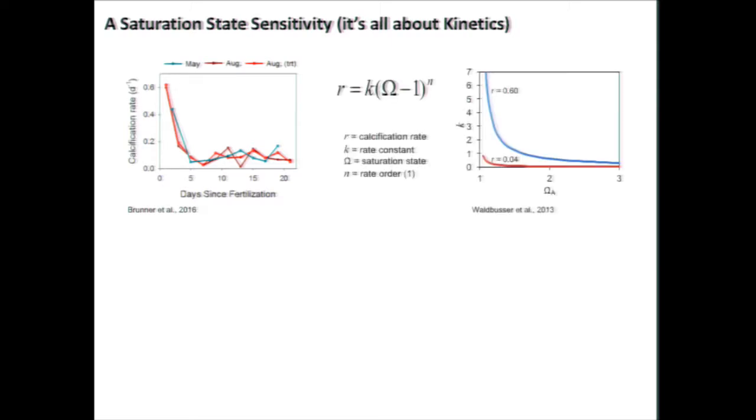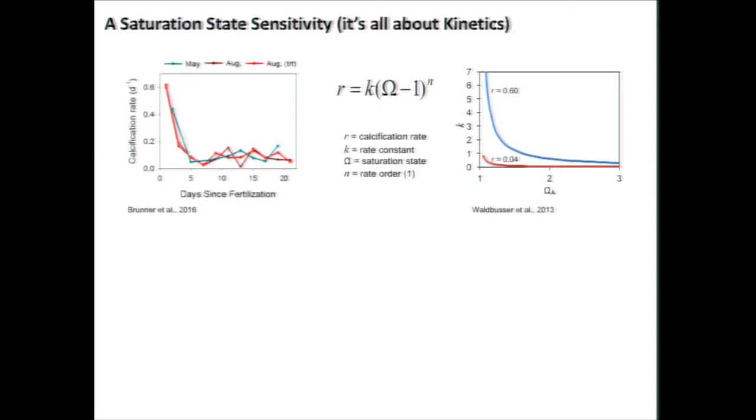What we can do is take that rate equation for calcification and rearrange it and say, what if we take the average condition for later larvae and the average condition in the early larvae, and then solve for the K. So this is the rate, saturation state. We're going to set the rate order to 1 to make the math easy. And then say, what sort of constant do we need to support that calcification rate as saturation state varies? What you'll notice is that at the higher calcification rates, this K value has to increase exponentially to support that, right? It's just simple math. There's nothing magical about it.